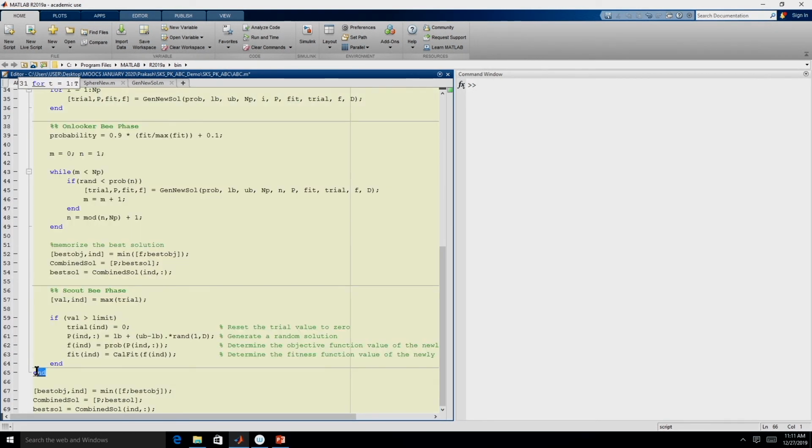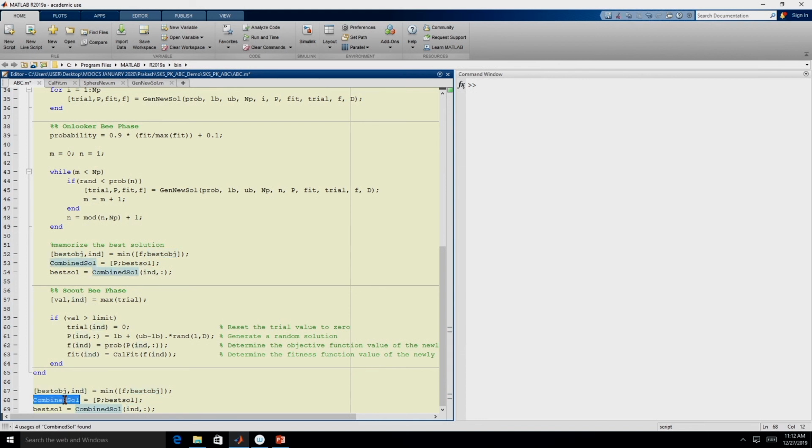Once the number of iterations have been executed, we still need to identify the best solution. It is not necessary that the best solution is best OBJ, and it is not necessary that the best solution is in F, right. It can be either in F or the best OBJ. So, we combine the objective functions. F is the objective function values of the current population and best OBJ is the previously known best objective function value. So, we stack that and find out the minimum value, right. So, that will give us the best OBJ and its location.